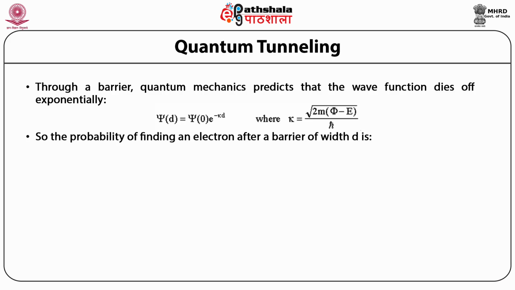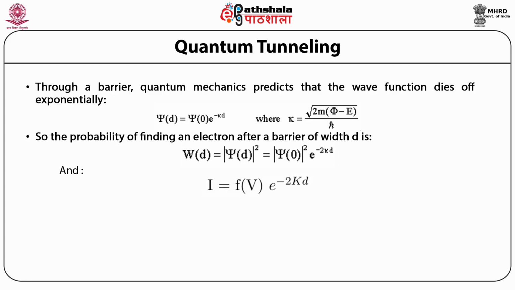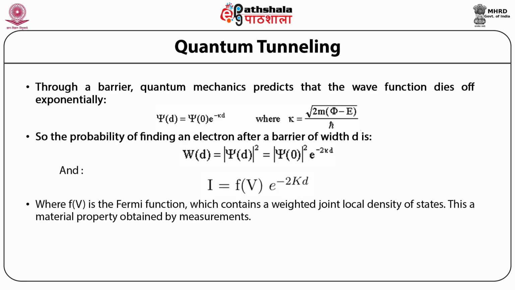The probability of finding an electron after a barrier of width d is W(d) = |ψ(d)|² = |ψ(0)|²·exp(−2kd), and I = Fv·exp(−2kd), where Fv is the Fermi function which